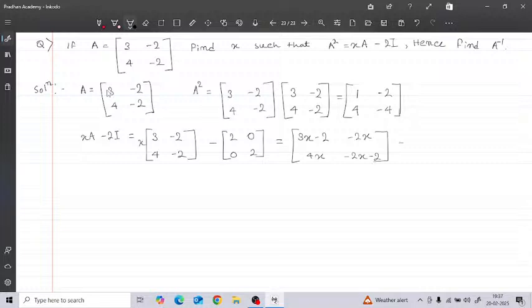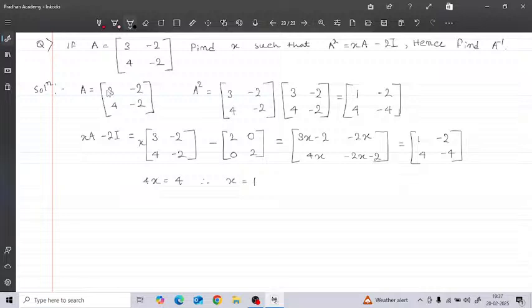Now it is equal to the A square. So what is the A square? That is 1 minus 2, 4 minus 4. Okay, so if you compare both sides, you will get 4x equals to 4, that will give x equals